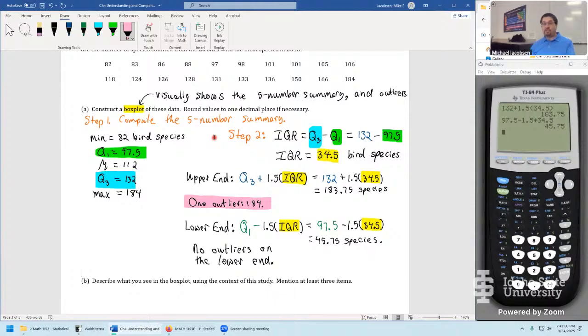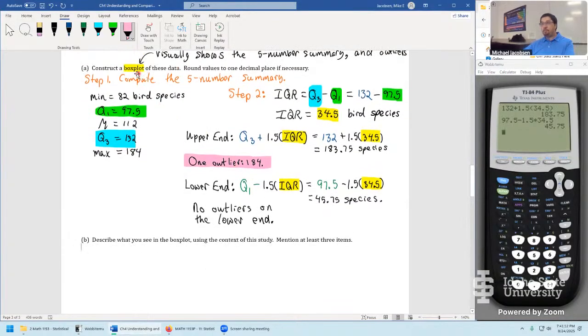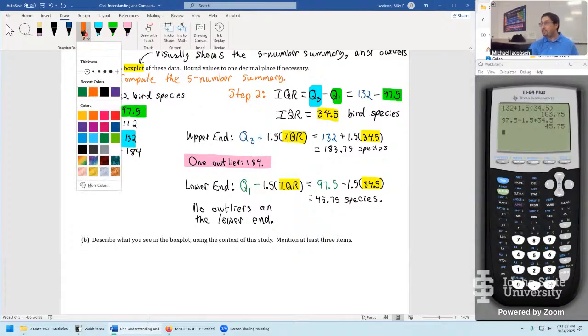Okay, kind of well on our way with it. And really, this is finally the new part of the notes. We've already done the 5-number summary on the first example and the 1.5 IQR rule of thumb as well. Now, finally, we're doing the box plot. My steps are between part A and part B. So step 1 to the box plot was the 5-number summary. Step 2 was doing the 1.5 IQR rule of thumb.